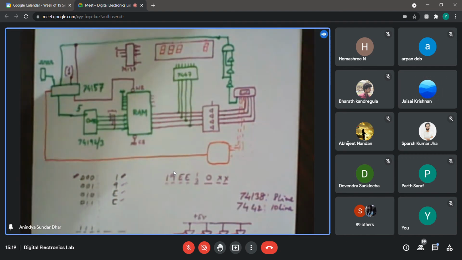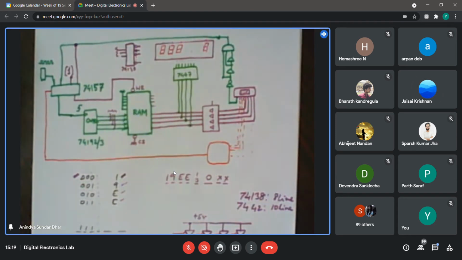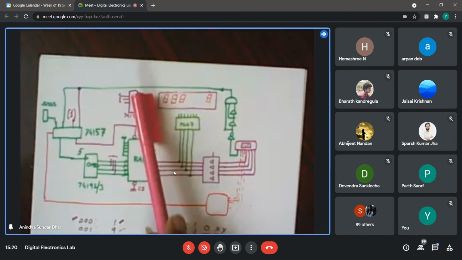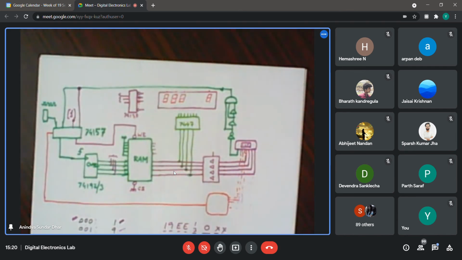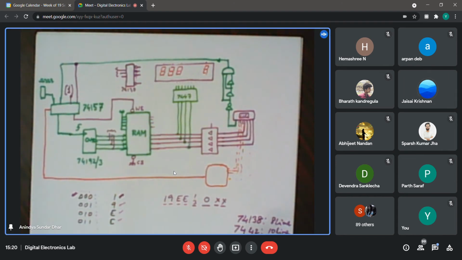Once again, the voice got garbled in between, I could not listen to it. So I was saying, after the output of the decoder, we can directly connect them using an inverter, right? It depends on how you are connecting. If you are using a tri-state buffer, then you can connect it directly. Or if you plan to supply the power directly from this, then you require an inverter. I was asking whether it will work or not if we directly connect an inverter. It will work in simulation.